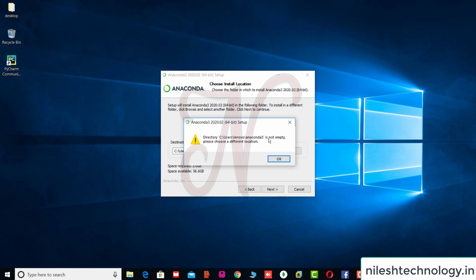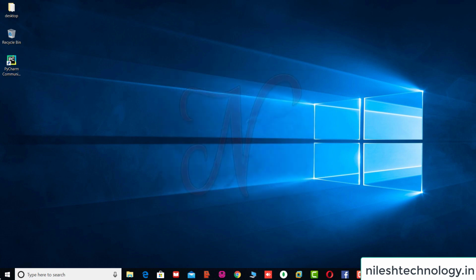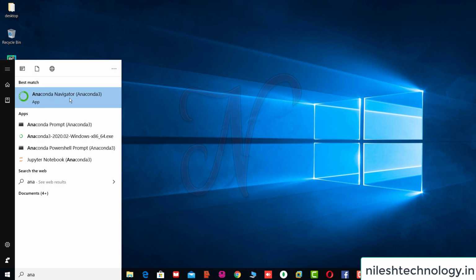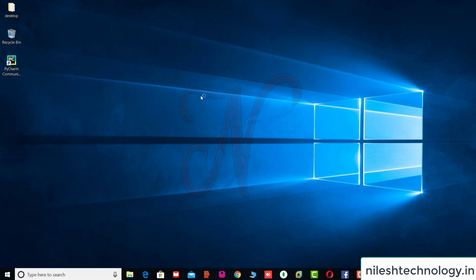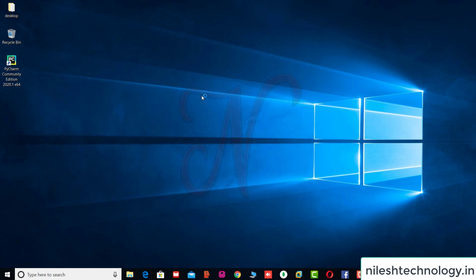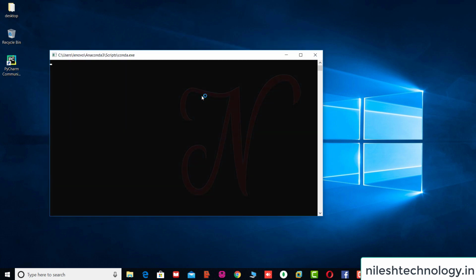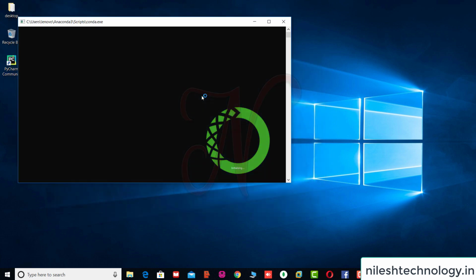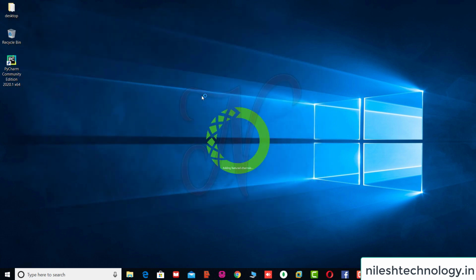Okay, so after finishing, see here, you can click this Anaconda. Okay, so this is the Anaconda Navigator, so I can click this window. So these are loading some files.